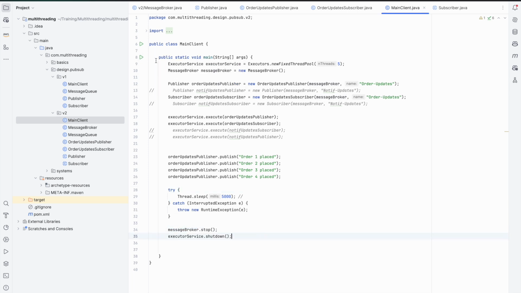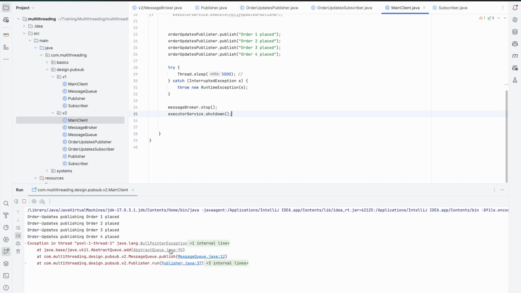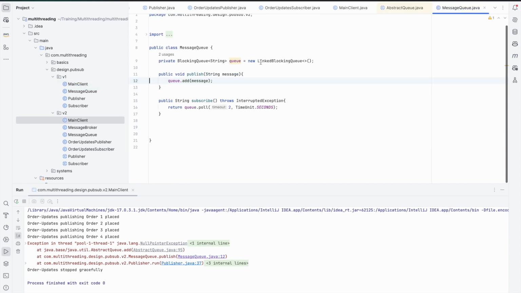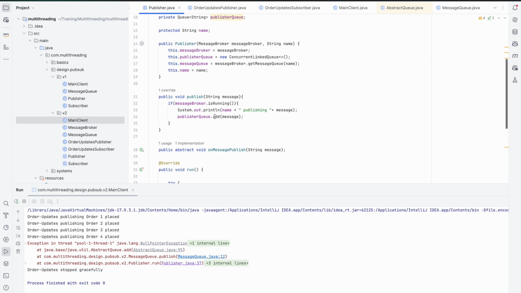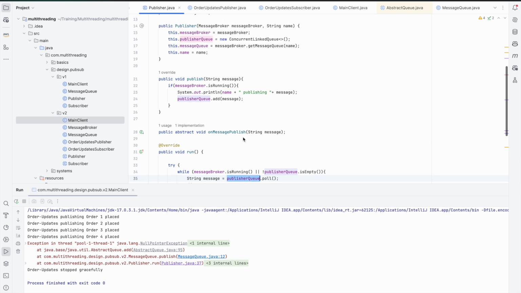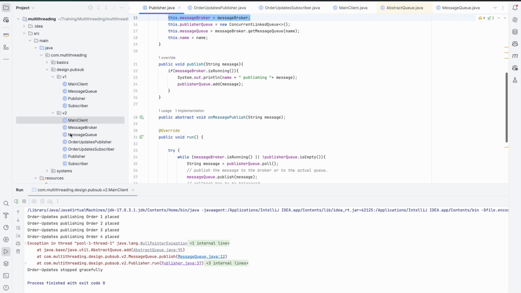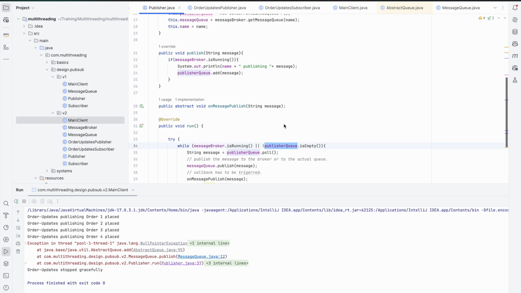Now let's run the code and see if it works fine or not, right? I guess it should work fine, but let's see. So null pointer, okay, abstract queue add, message queue publisher, okay, queue. I guess I got the problem. Message queue, the publisher queue is continuously adding into this, that's all right. The problem is at the subscriber side, the publisher queue is not empty, okay,